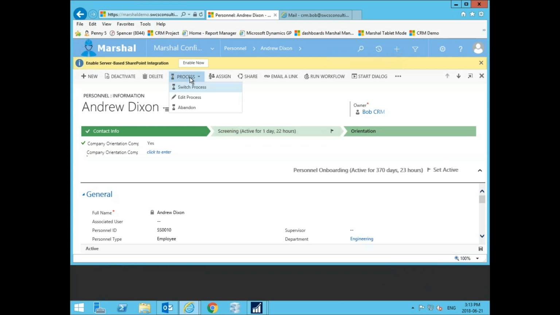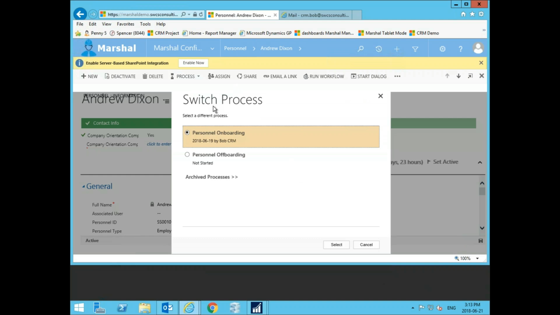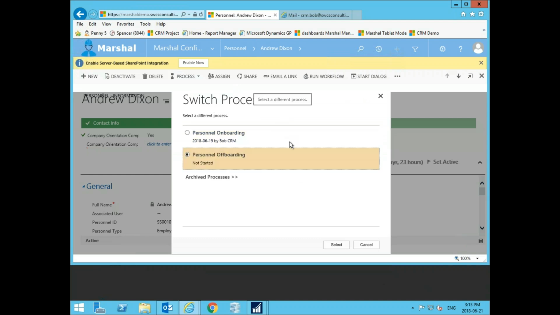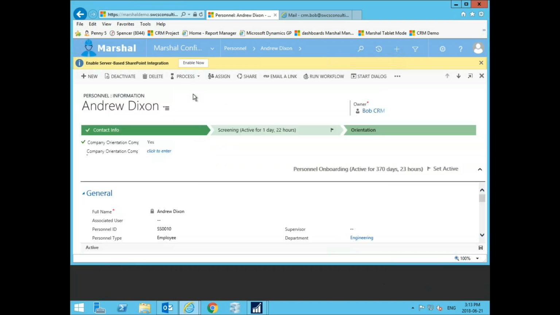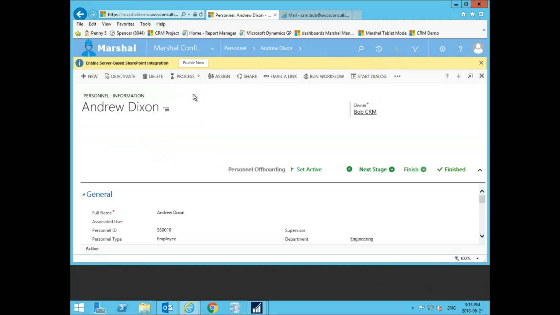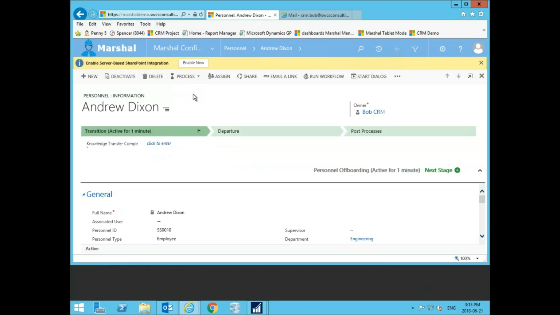And one of the nice things about it is we can have a bunch of different processes related to different options. So one of the differences, as far as which process we are currently running, now I'm working with the same employee and they become an employee. This is my annual review process. This is my grievance process. This is my discipline process. So now that I've switched to my offboarding process,